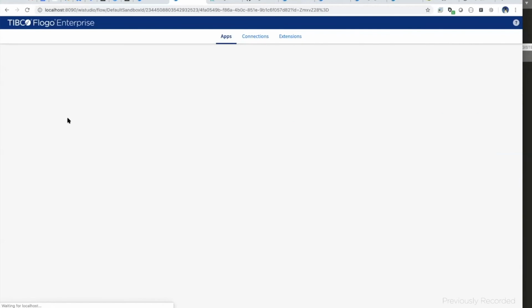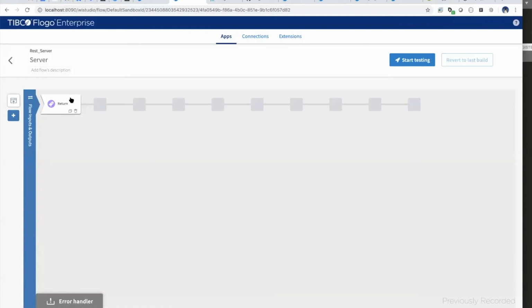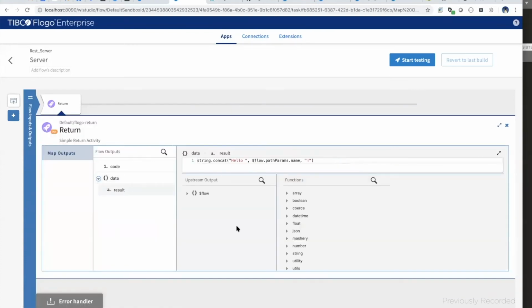If you go to the configuration, it has just one get method with greetings, and it takes the name as a path parameter, concatenates it with hello, and returns hello and that name. That's all it returns back.